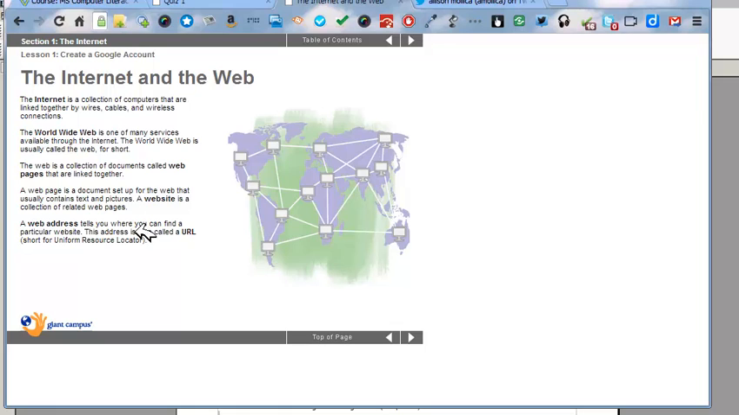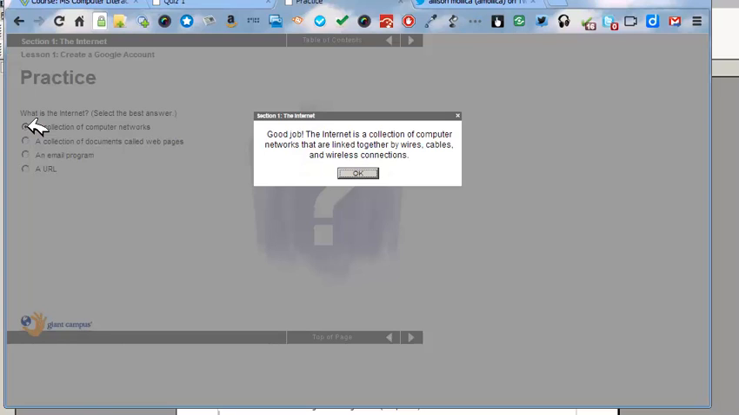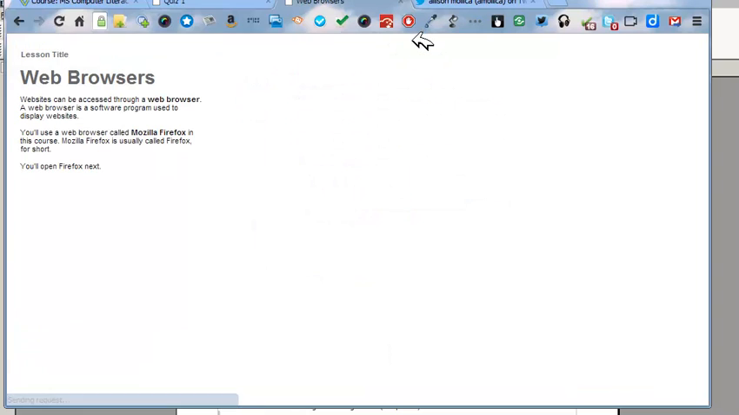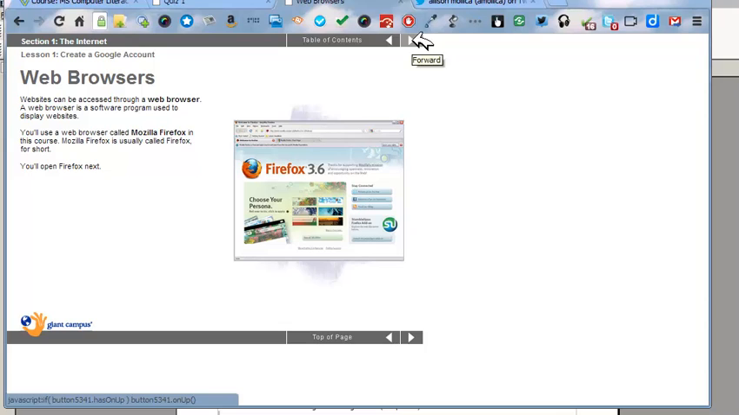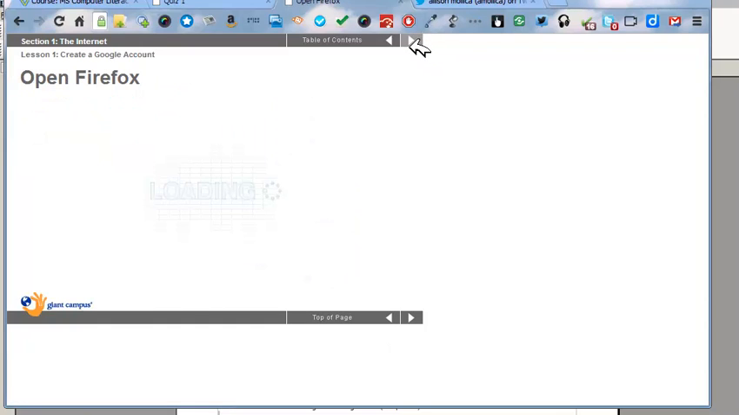You do need to read this information. And once you understand what they're telling you, you can go on to the next tab. So what is the internet? And you can go ahead and select an answer, and it will tell you whether or not it's right or wrong. Go ahead and continue through the lesson where you'll learn about web browsers,